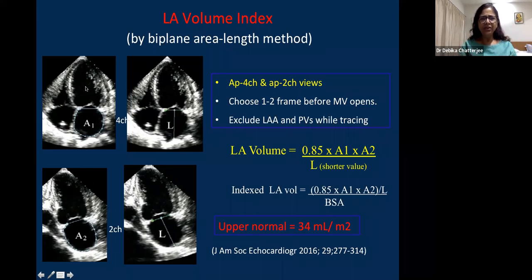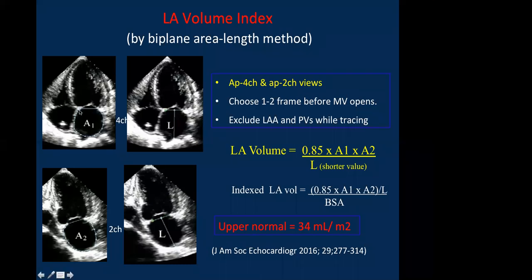The ventricle is in systole just before the mitral valve opening. When the ventricle is in systole, LA is in diastole, so LA will be at its maximum volume. So we choose that frame, looking at the ECG, or you look at the LA where it is maximum, and